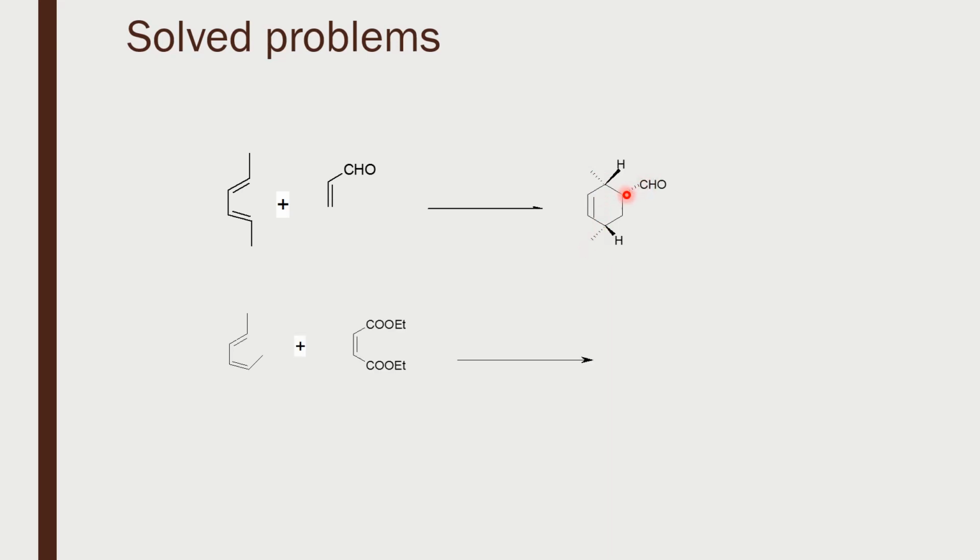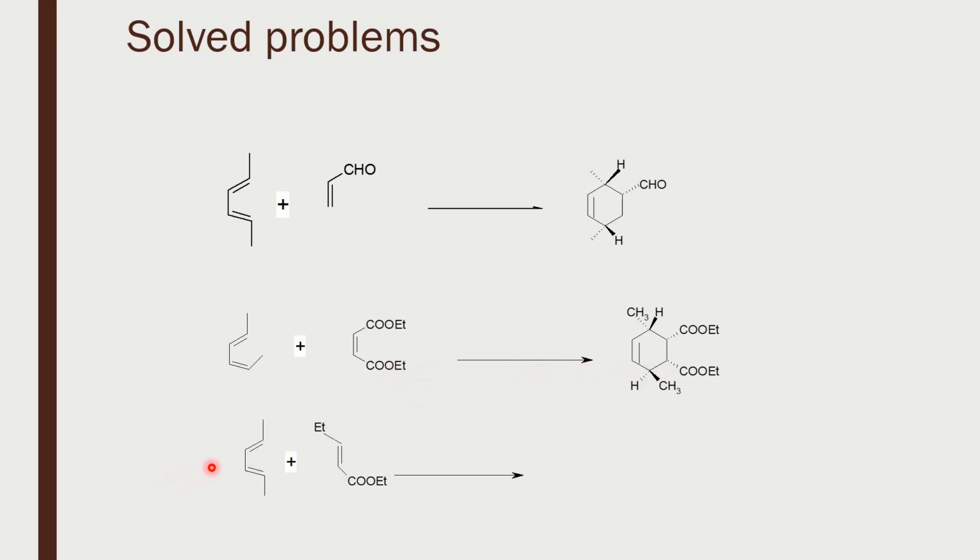Look at another example. Now here this was EE, but here now it is EZ, and you have two substituents on the dienophile. It is a cis orientation. Again draw the 6-membered cyclohexene. This is an EZ geometry. So in the product, these two will be trans to each other, but the cis relationship between the ester groups is going to be maintained, and this is going to be an endo. So the product is going to be like this.